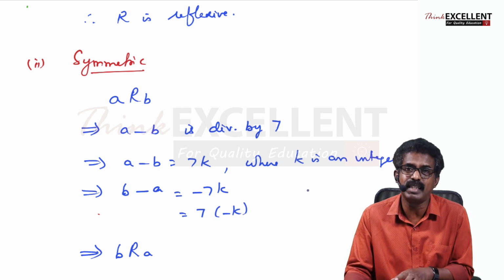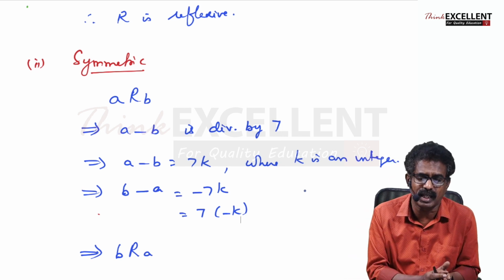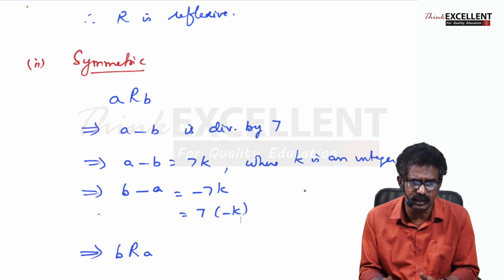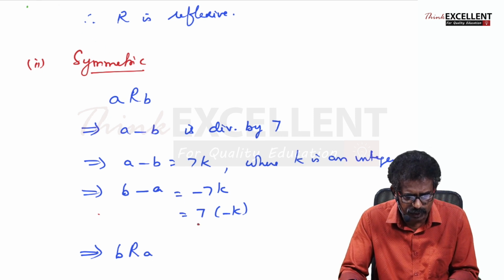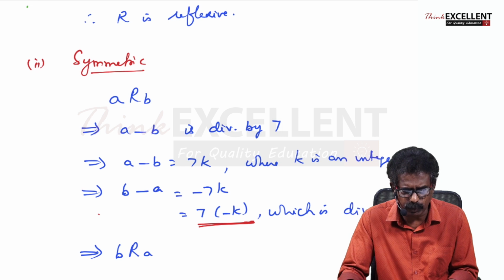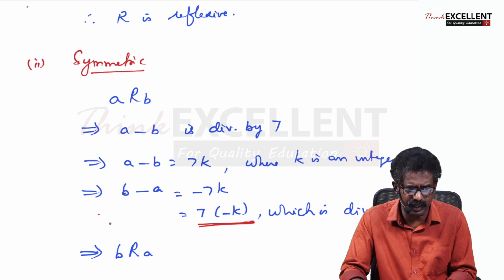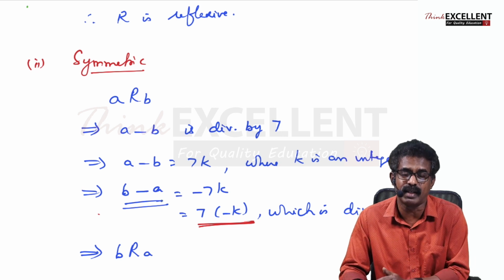Why? k is an integer, so minus k is also an integer. 5 is an integer, minus 5 is also an integer, right? So k is an integer, minus k is an integer. So what you are getting here is 7 into some integer, which is divisible by 7. So the difference B minus A is divisible by 7, so they